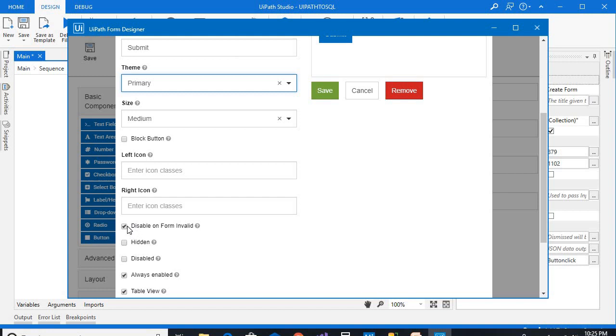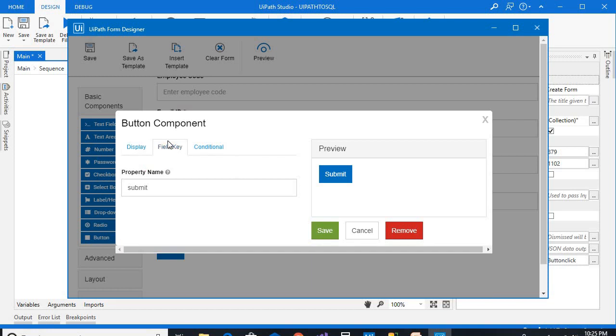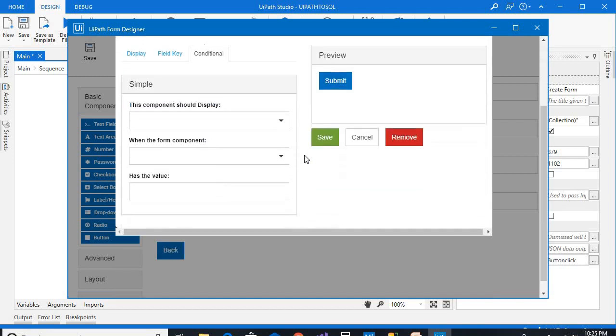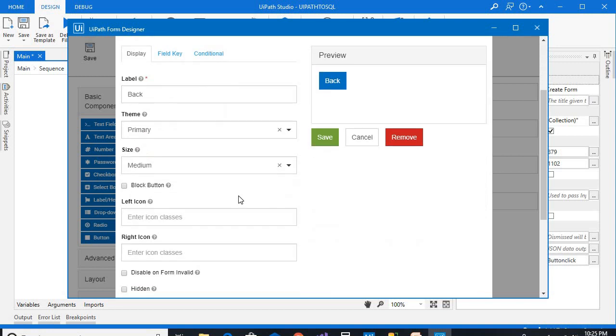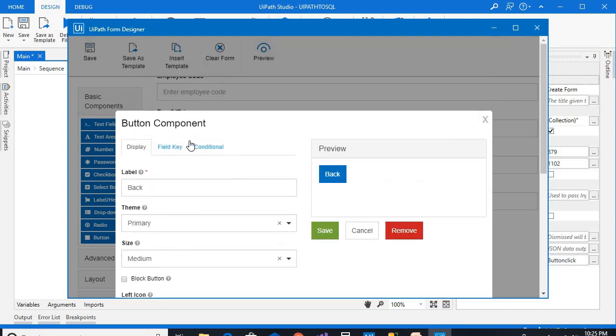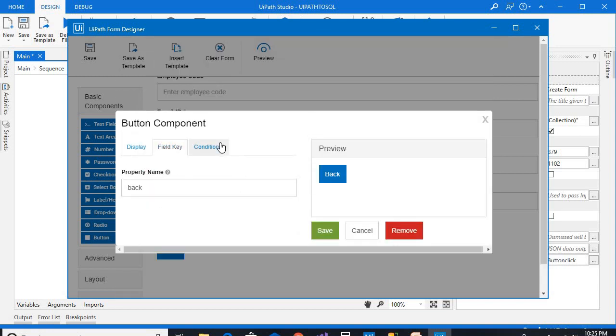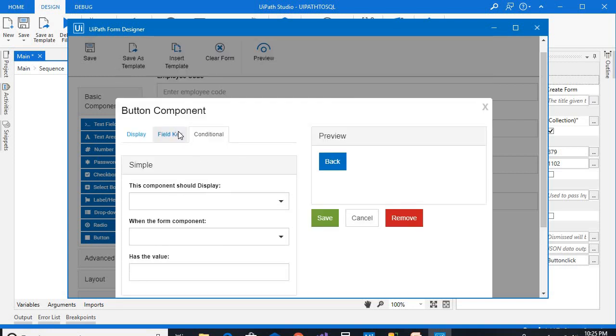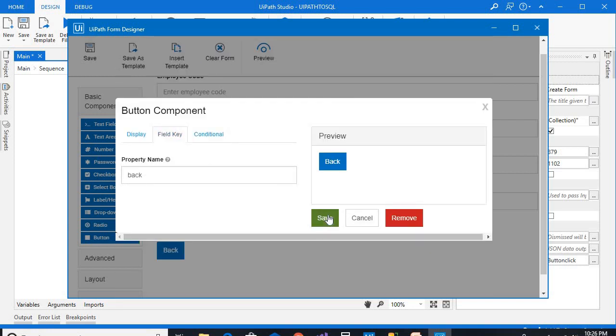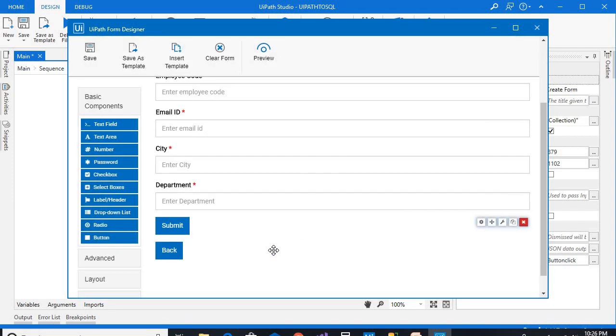By checking this checkbox, you can fulfill this requirement. And here the field key is submit. You just need to save it. In the back button I have not given any conditions, just the field key name is back. Now I am saving it.